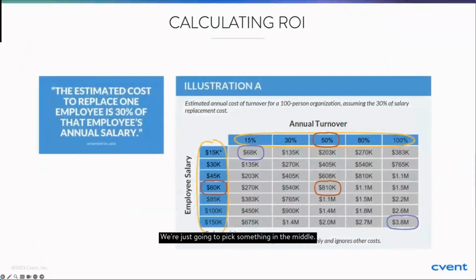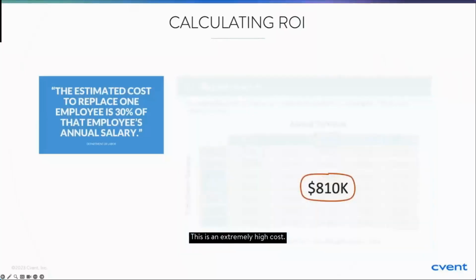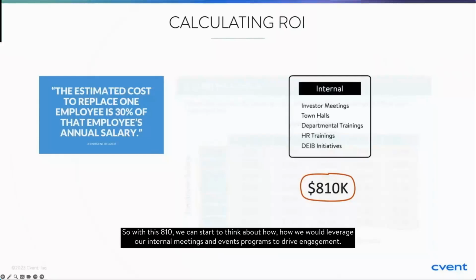So back to the chart, we're just going to pick something in the middle. So we're going to assume 50% turnover and average wages of $60,000. This scenario costs that organization $810,000 annually to replace those employees. This is an extremely high cost. So with this 810, we can start to think about how we would leverage our internal meetings and events programs